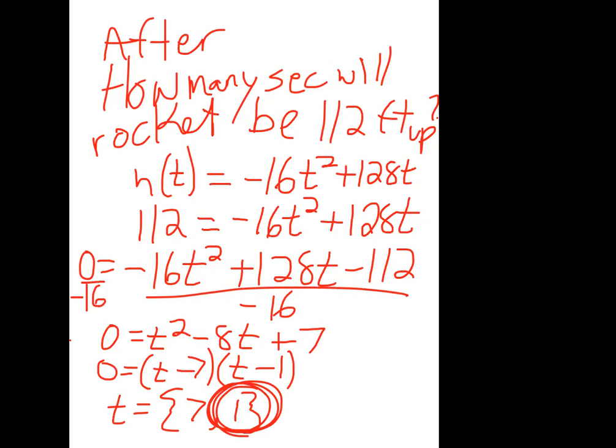Real quick, I'll just help you out with number 3. It says you and a friend are hiking in the mountains. You want to climb a ledge that's 20 feet above you. The height of the grappling hook you throw is given by the function. What's the maximum height of the grappling hook when you throw it? Can you throw it high enough to reach the ledge? Well, this one, you don't even have to find all these other parts, right? Think about how you find the maximum height of the grappling hook.